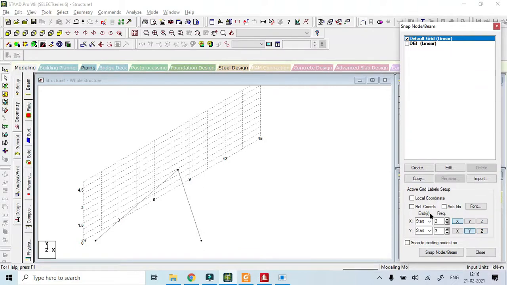These options are also available, and you have options for axis IDs. So here will come x3, x4, x9, and here y1.5, y3, y5, etc. Or you have options for the reference coordinates. So x plus 3, for example, if it is